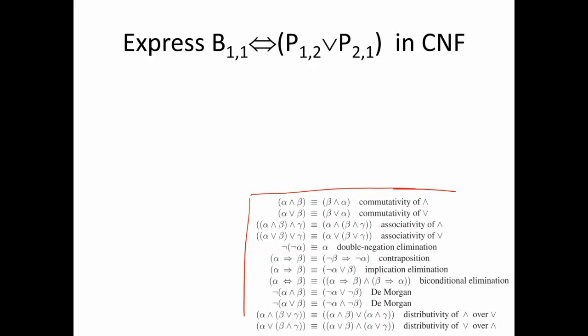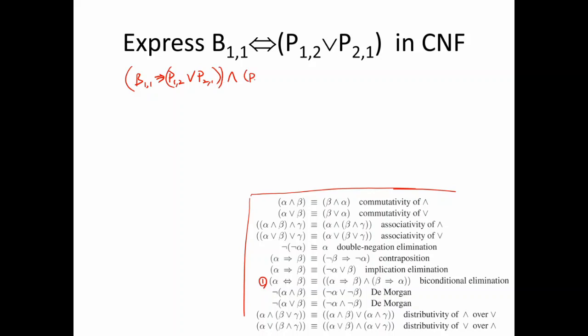So we'll first use biconditional elimination to get rid of the if and only if. So the new sentence we have is B11 implies P12 or P21, and the other way around,